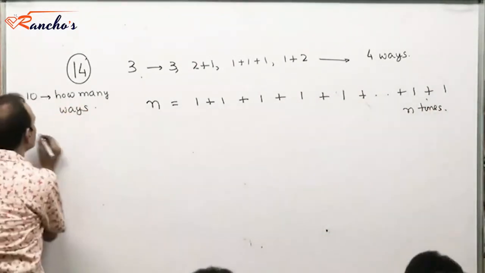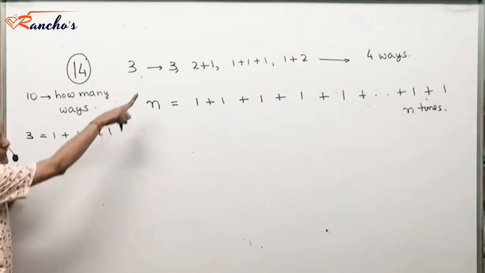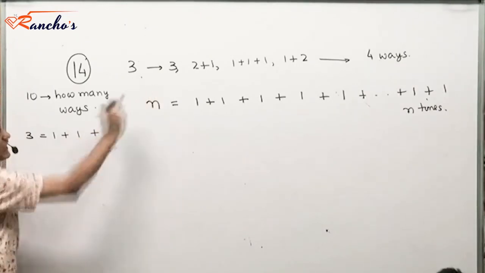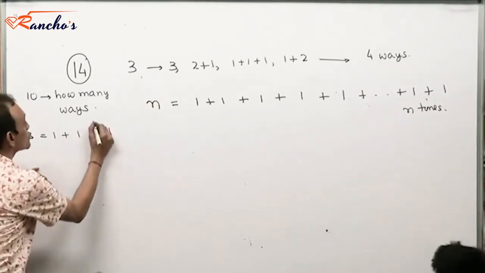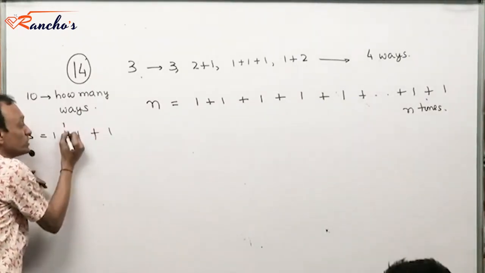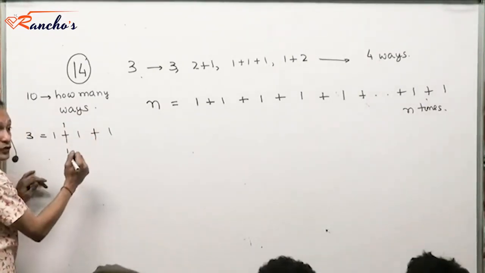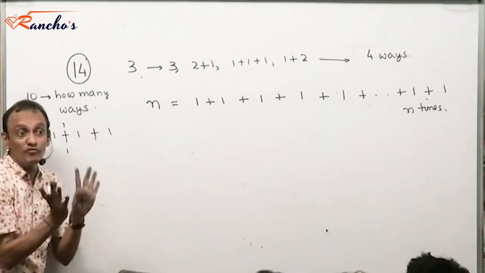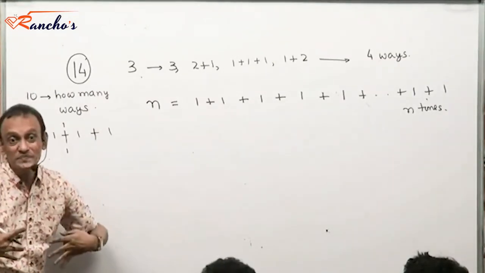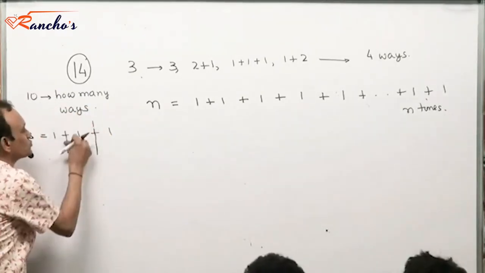Look at this number 3. What is it that we have done with this? This is 3, 1 plus 1 plus 1. Right? Now to get any one of these, if I choose no plus, then I get that. Or if I choose only this plus, then I get 2 plus 1. Or if I choose only this plus, then I get 1 plus 2. Right? So it's only about the number of ways in which I could choose pluses. Now, I could have chosen all, and I could have chosen no plus.